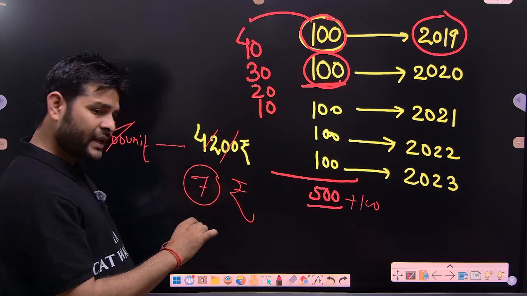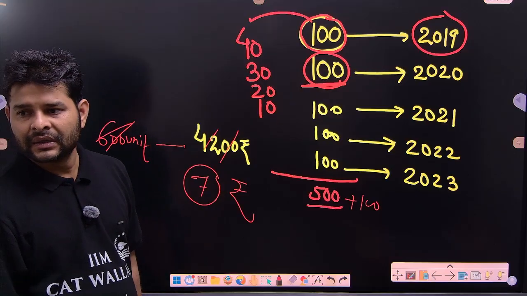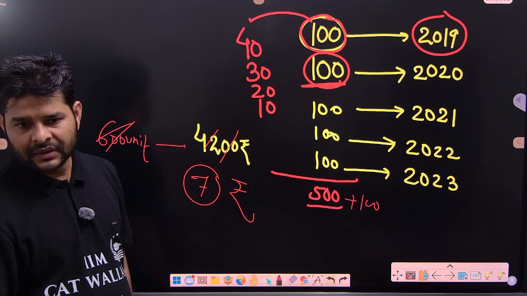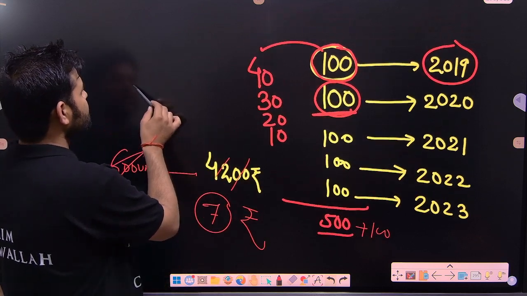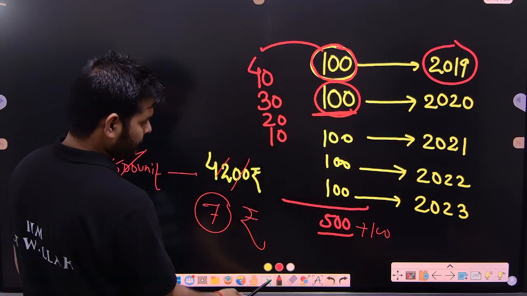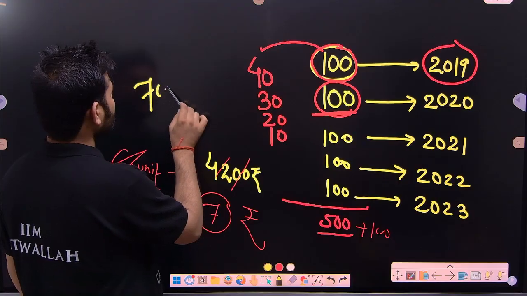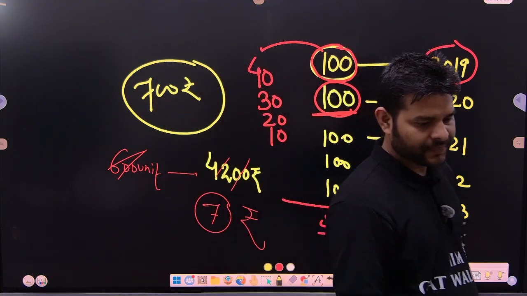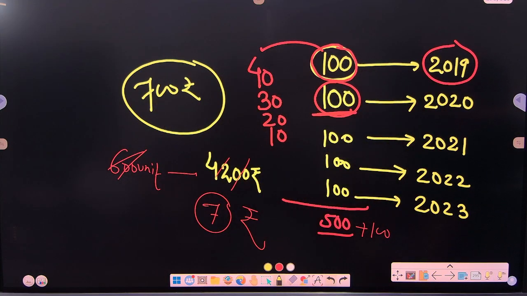So we have been asked what? Installment. Each installment of the year. That would be 700. So your answer would be 700. So that was the complete detailed method to solve this question, but we will get the short method as well. In this detailed method, if you have any problem, any doubt, you can ask immediately.